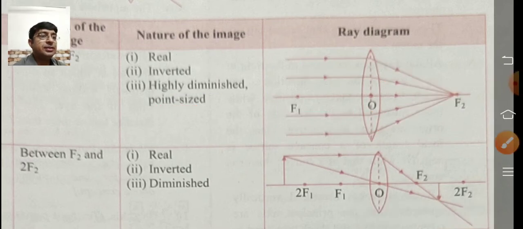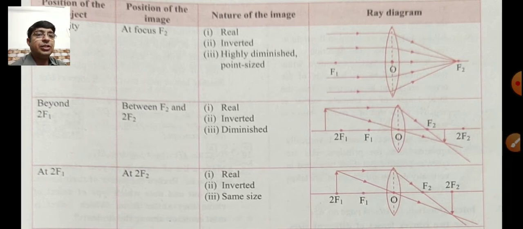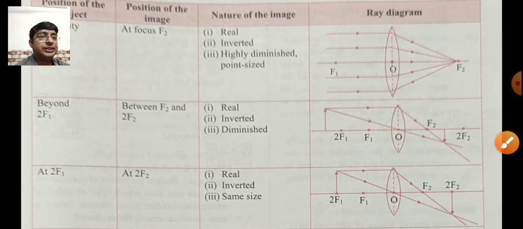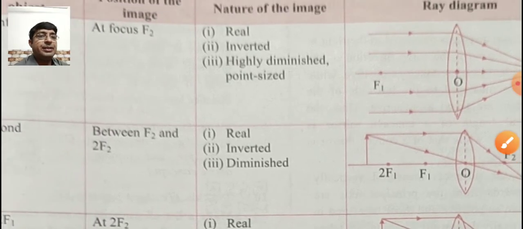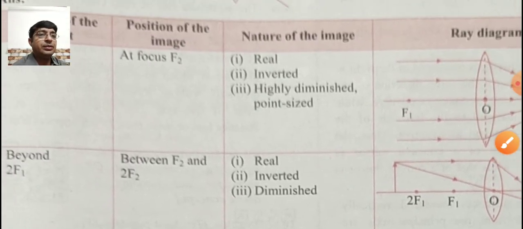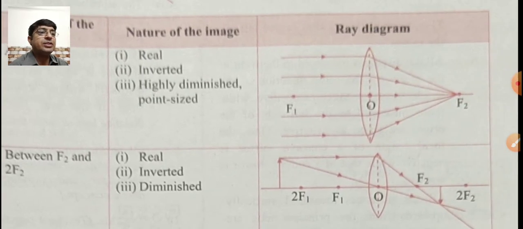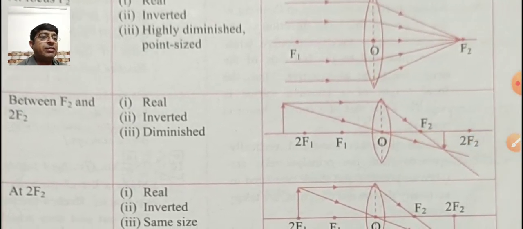Clear all of you? Next, second position: the position of the object is beyond f1. Now check that. And one more point to remember: when the object is at infinity, in the first case, where is the image formed? The position of the image is at the second focus point, that is f2. Now in the second case, when the object is beyond f1, see that.